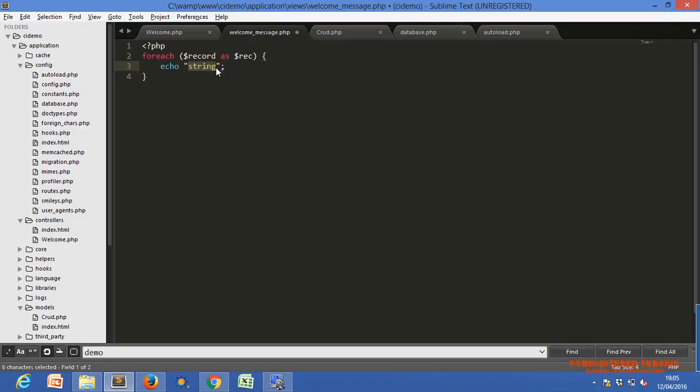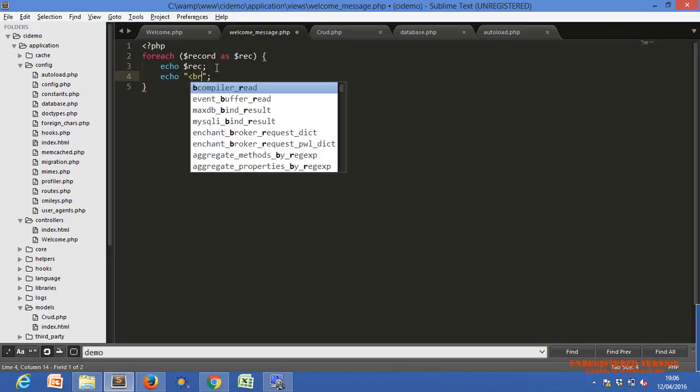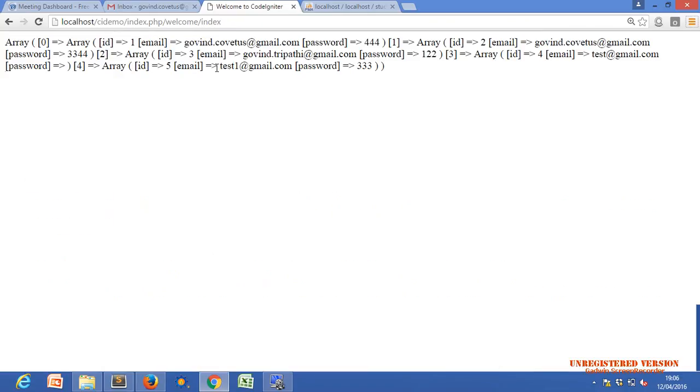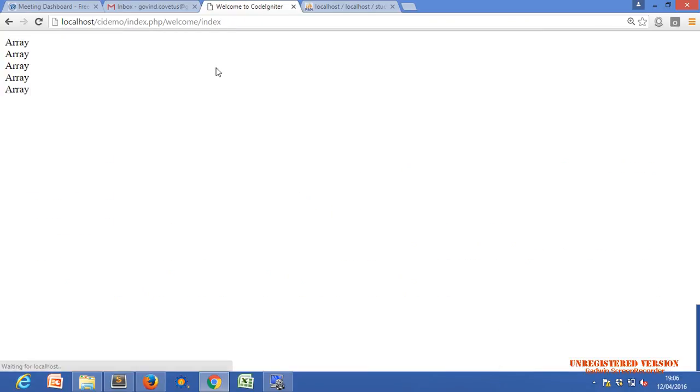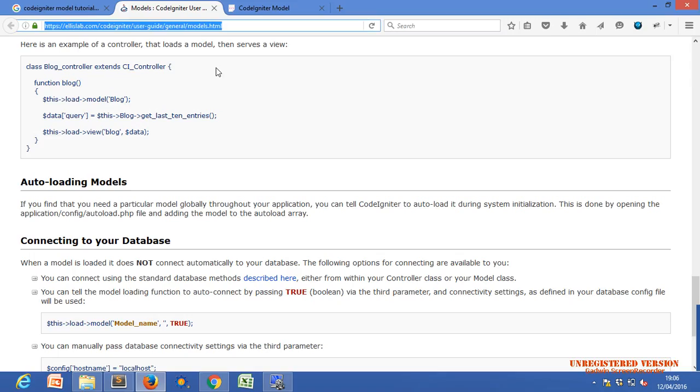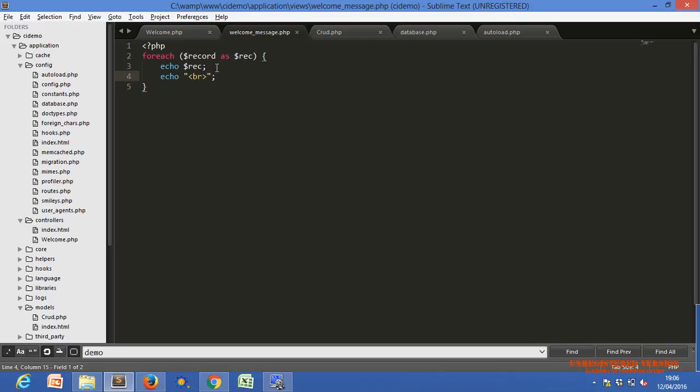Go over $rec and one br, equal br. It is not working.